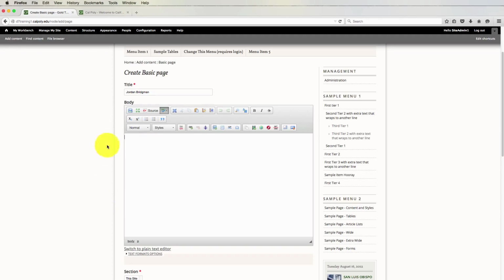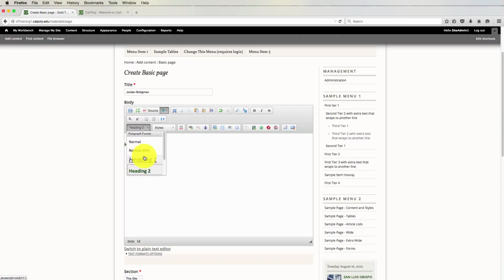Now this little editor right here is where you can edit the main body content of your page, just by typing. Now in this case, I want to start off with a header, and this little drop down right here has different heading styles that you can apply. I'm going to use an H2 and just call it Hello World, since it's a practice page.